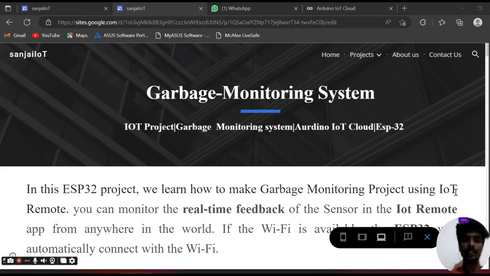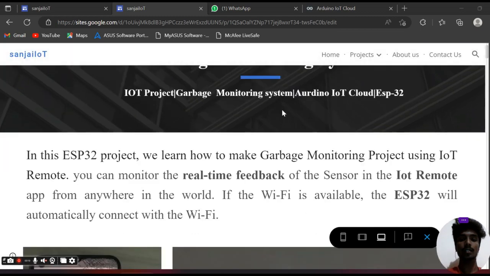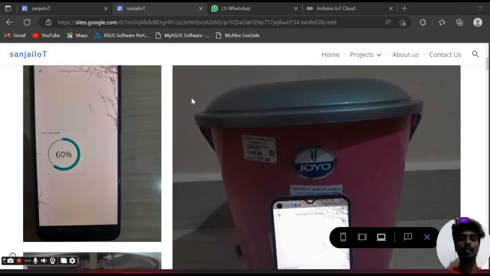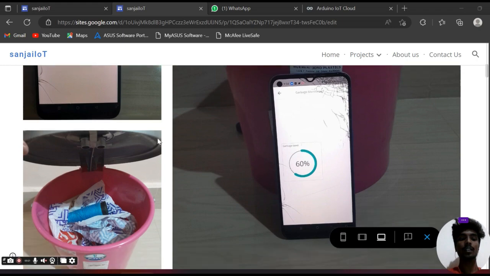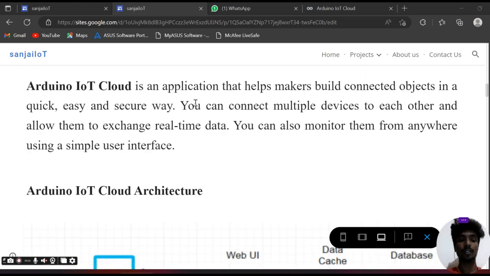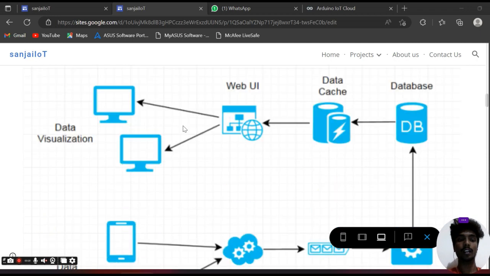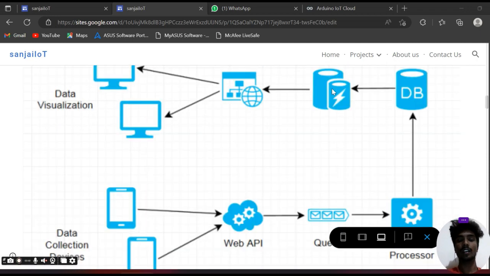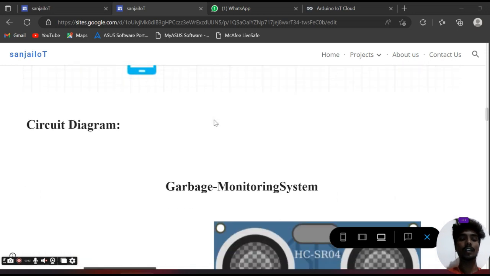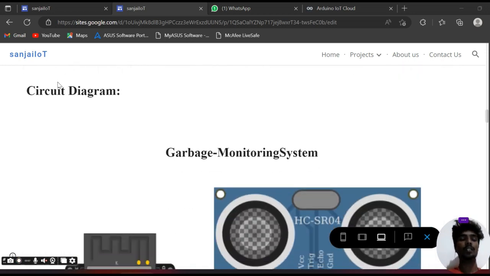So hi guys, in this video we learn about how to create a garbage monitoring system using Arduino IoT Cloud. I am using an ESP32 to gather information from the environment and store it to the cloud. So this is the Arduino IoT Cloud architecture. The required components to make a garbage monitoring system are